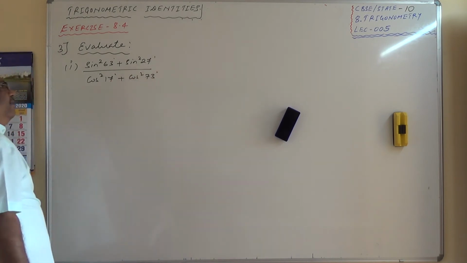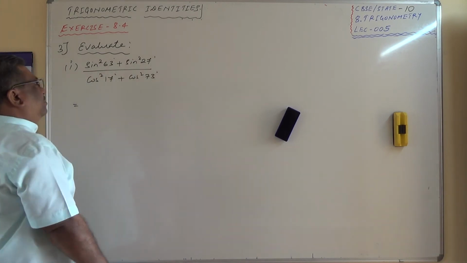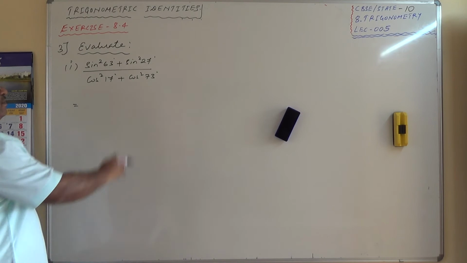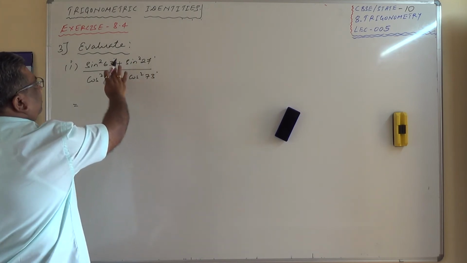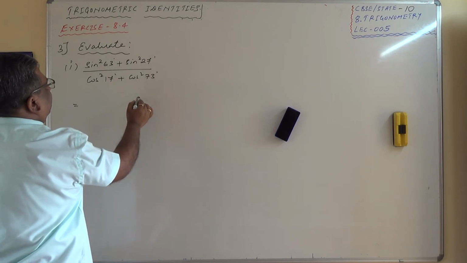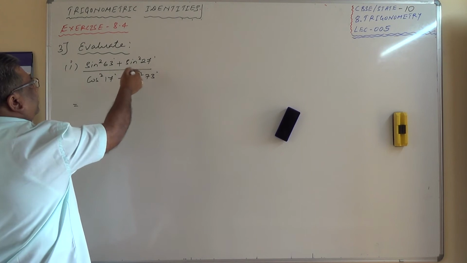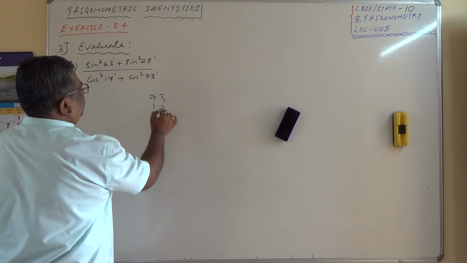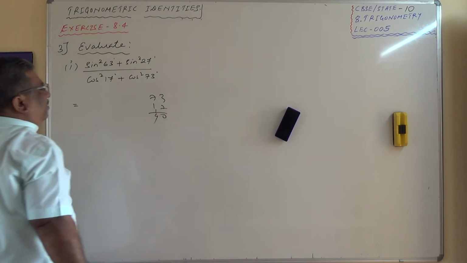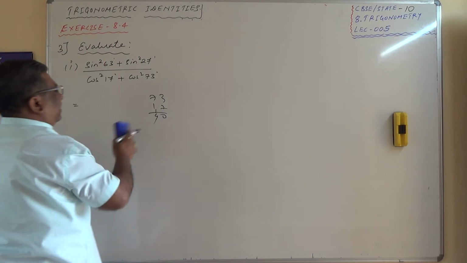This is what is to be evaluated, which equals 63 and 27. Are these complementary? 7 plus 3, 9. 6 plus 2, 63 and 27. Correct. 7 plus 3, 10. Sorry, 7 plus 3 is 10, and 63 and 27 are complementary. Similarly, 73 and 17 are complementary to each other. Therefore, in numerator and denominator, I can write it as